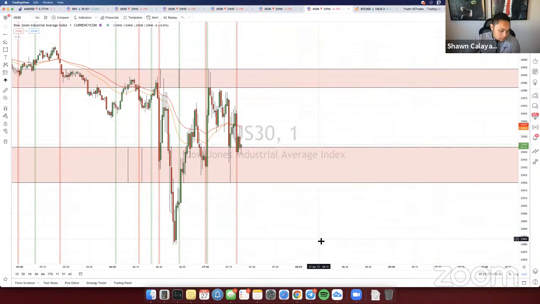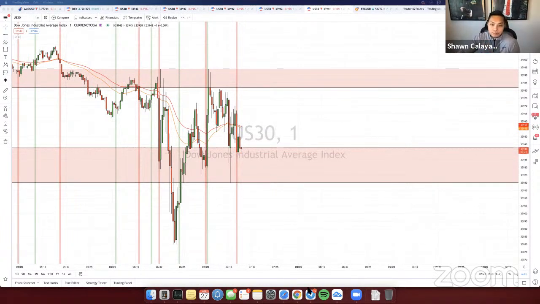Ivan said you can set TP 1 pip. It doesn't work like that, Ivan, because you have to factor in the spread. The spread is dynamic. You guys can see the spread changes every once in a while. It goes from 3 to 4. So spread is changing dynamically and pricing is different from FTMO to TradingView, Ivan. So you can't just set it to 1 pip. If you set it to 1 pip, you just might end up with a small loss. And I only know that because I've done it before.